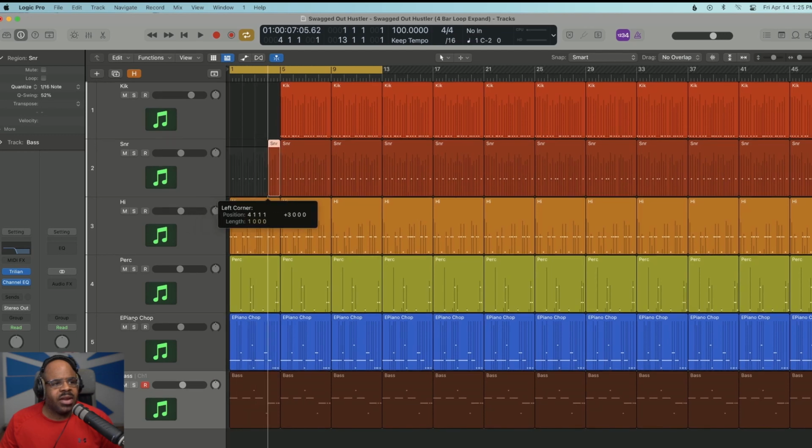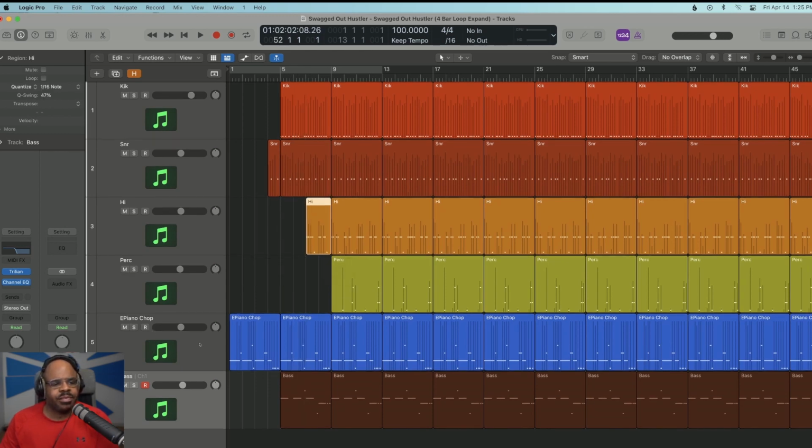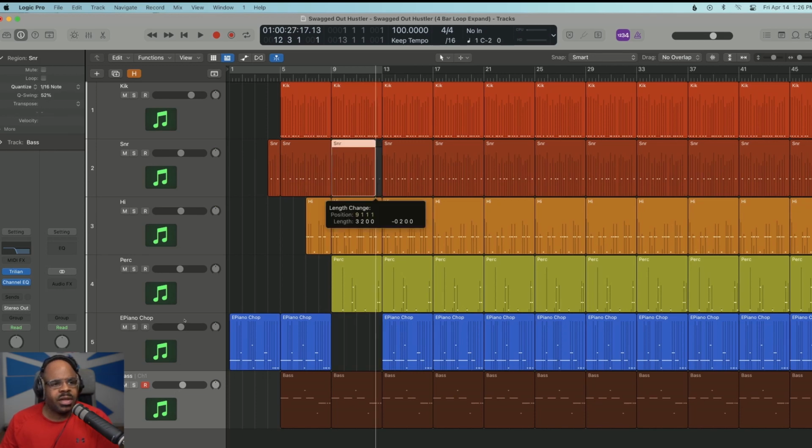I'll take out the snare until the end, no hi-hat, no percussion, no bass. Quick intro. Then we got the verse. For the verse, I'll take out the percussion. I'll take out the hi-hats for half of it. Then on the second part, what I'm going to do is drop out the main melody, keep the percussion, and